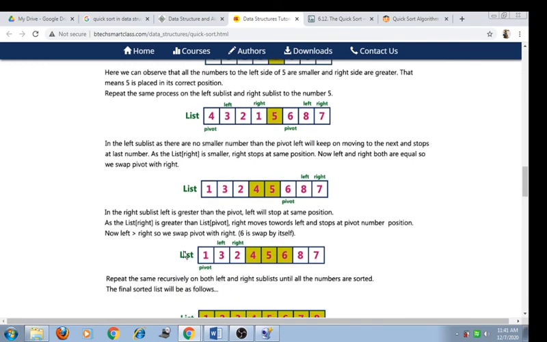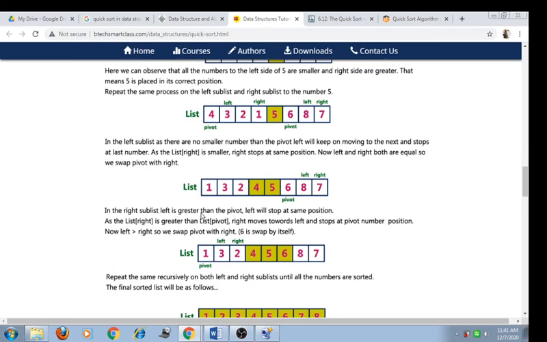Now in the right sublist, left is greater than the pivot and left stops at the same position. As list[right] is greater than list[pivot], right moves toward the left and stops at the pivot position. Now left is greater than right, so we swap the pivot with right, that is 6 is swapped with itself.